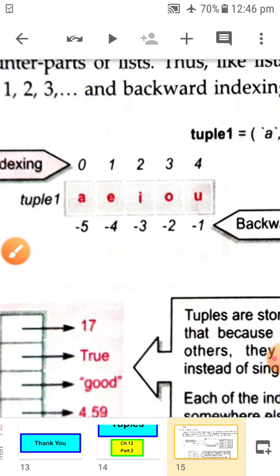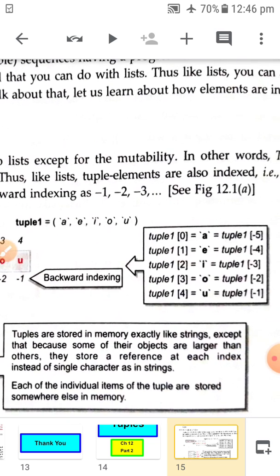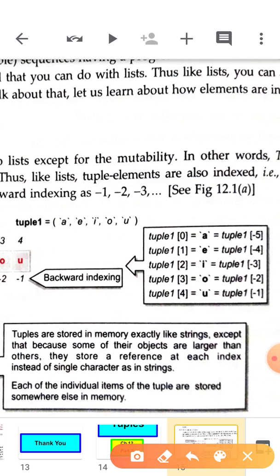So at the 0th position of the tuple, what do we have? We have a. This is 0, 1, 2, 3, 4, then -1, -2, -3, -4, -5. Both 0 and -5 have the same data, a.